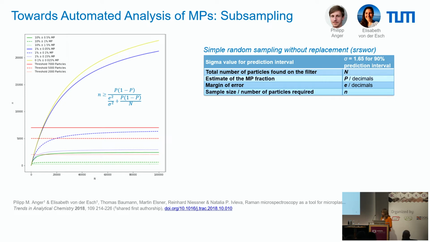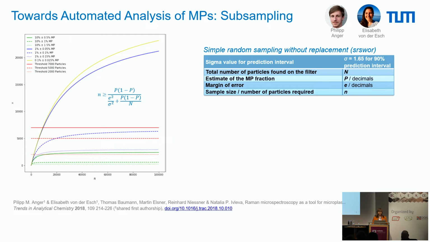The number of particles we have to measure depends on the entire number of particles, the estimated microplastic fraction, and of course the margin of error, the error which we can accept for the analysis. As we can see, even if we have up to 1 million particles with 1% of microplastic fraction, it will be sufficient to measure 5 or, in this case, 7,000 particles